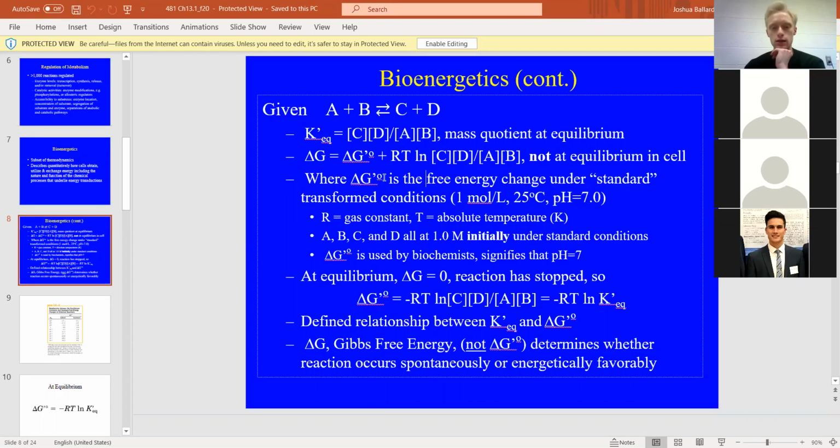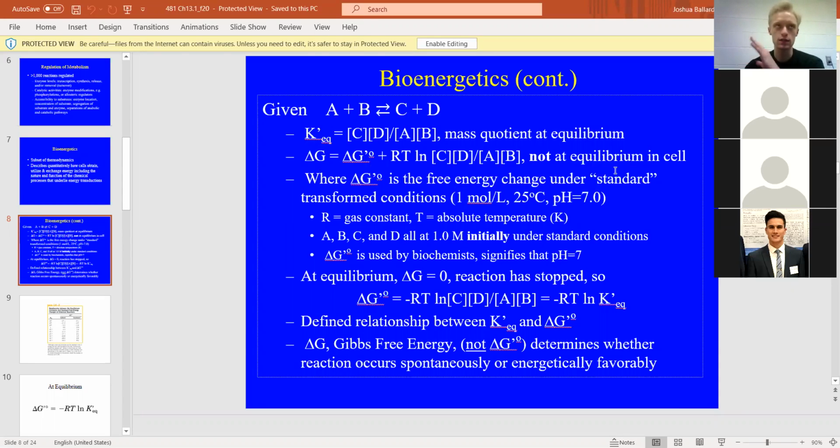So this number, or this delta G, does not change. There's usually just one under these conditions. There's only 1 delta G prime naught for one reaction, because a reaction under these conditions has only one certain value. A delta G in this case, just like a regular delta G, is the Gibbs free energy of an equation, or a reaction,